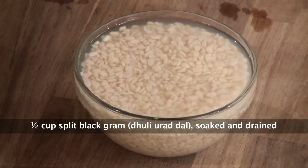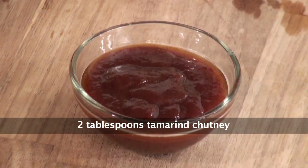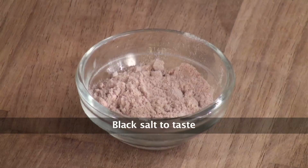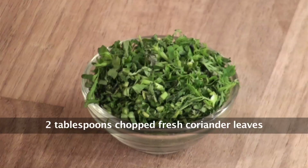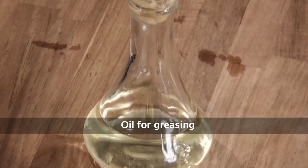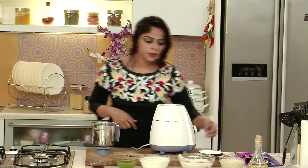Soaked rice, split skinless black gram or urad dal, yogurt, green chutney, sweet tamarind chutney, black salt, jeera powder, crushed black pepper, red chili powder, fresh coriander finely chopped. Oil for greasing. So now to start with, we're going to prepare the batter for the idli, and for that